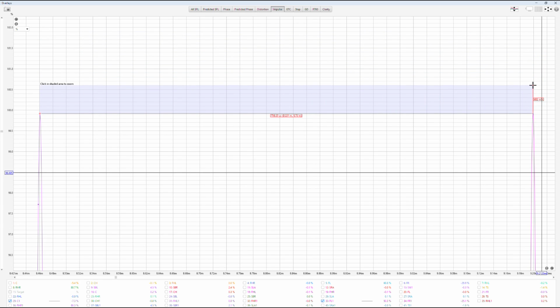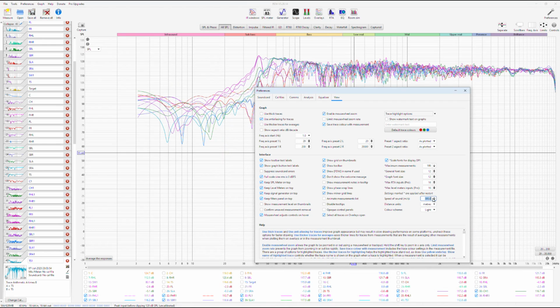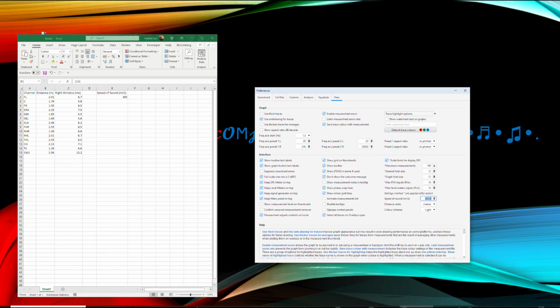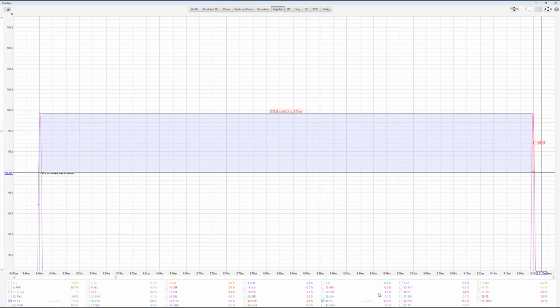To the tip of the front left speaker, if you have to be very accurate, you do this with right mouse click, by the way, also pressing simultaneously keyboard control key. Also, I have to remind you that we are at 300 meters per second speed of sound. Okay, everything we see on this calculation is correct, and we can readily key it in the receiver. 22.1 centimeters or 0.22 meters.